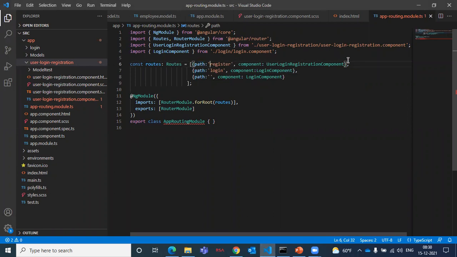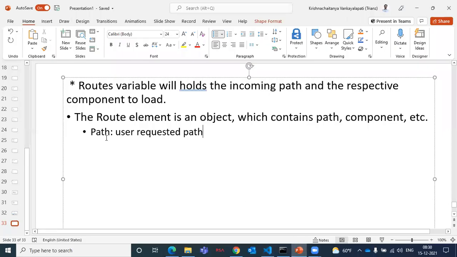Next, file saved, register, login, path. So where are we now? We are taking the path, the user requested path. Here, for the request, mention the respective component.